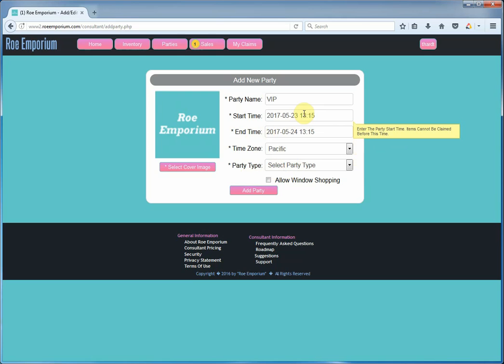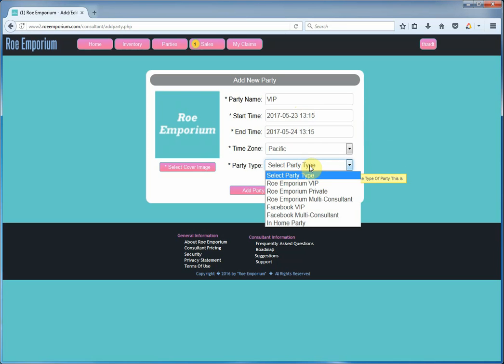So if you're doing a Facebook multi-consultant party and they keep their party or your stuff loaded beyond the end time, and you want to take advantage of that, you're going to need to set that time beyond whatever the normal party end time is. As far as the party types, these three here with the Row Emporium